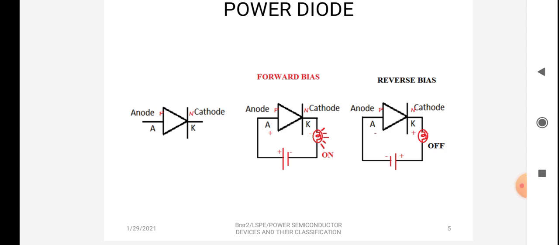LED will not glow. So by forward biasing we mean the device is conducting, there is going to be a current flow through the device. By reverse biasing we mean that there is no current flow in the device. So here we see that a diode will conduct only when you give the forward biasing. Once it has started conducting, if you want to switch off the device, you have to remove the power supply. So once the power supply is given, you cannot have any control over the operation of the device. If you want to stop the operation, you have to remove the power supply. So we call that the conduction here is not controlled, it's an uncontrolled device.